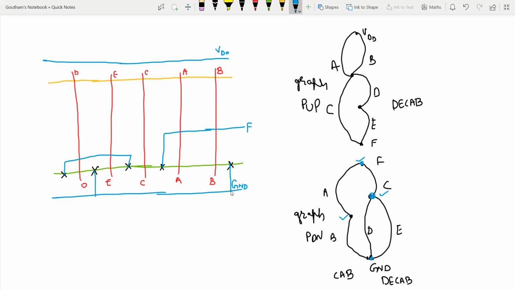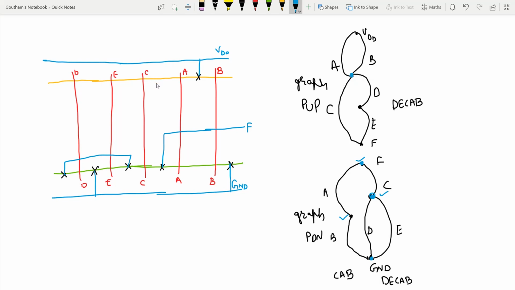Okay, so let me start with my PMOS network now. See here, one common point of AB is connected to VDD. Okay, so that common point of AB is this thing. Sorry, this is connected to VDD. So the common point is connected to VDD, and the other end of AB is connected to C and D